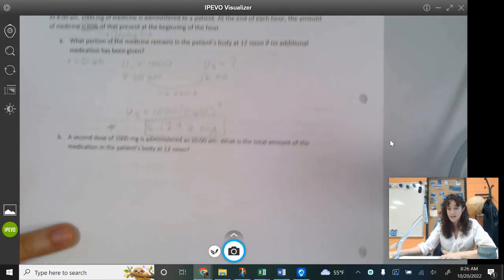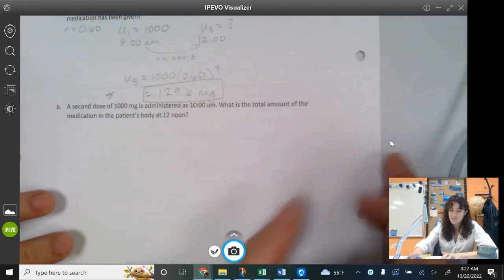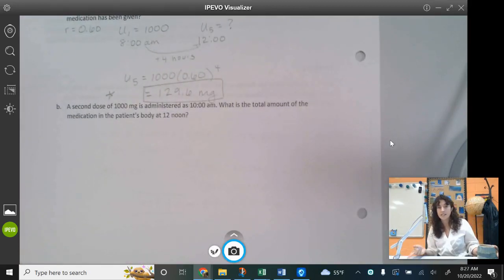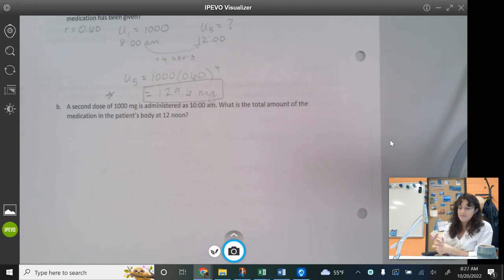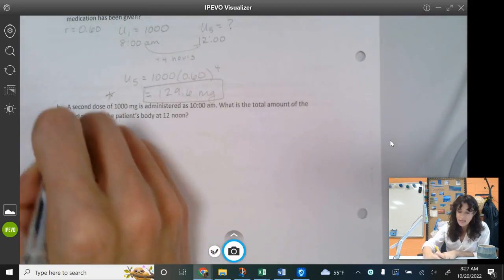Part B is a little bit harder and a little bit more interesting. So a second dose of 1,000 milligrams is administered at 10 a.m. Okay, so we've got a kind of different system. What is the total amount of the medication in the patient's body at 12 noon? I think I actually want you to try and figure this out on your own. This is a challenging problem. And this is what we're here to practice as mathematicians and as math students: how do we get through a challenging problem? I would recommend